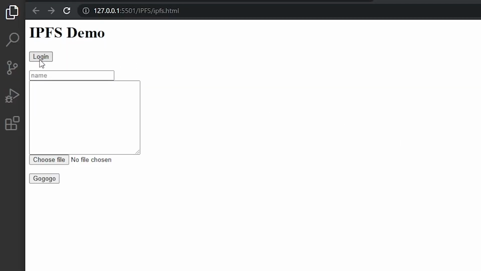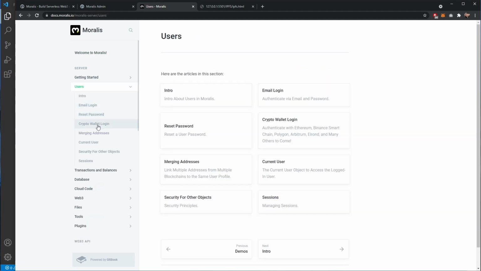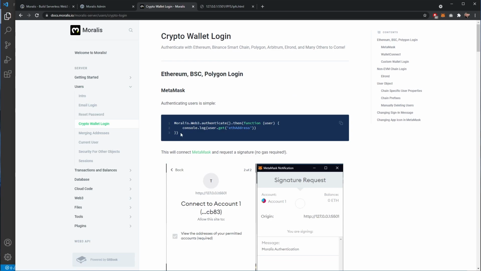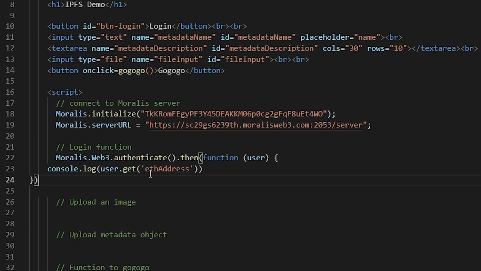Okay, so we need to start now going and connecting these pieces together. So we'll start off with this login function. So in the Moralis documentation, we need to go to the users section. And then we will go to crypto wallet login. We'll just use MetaMask for this because it's very, very easy. We'll just copy this piece of code